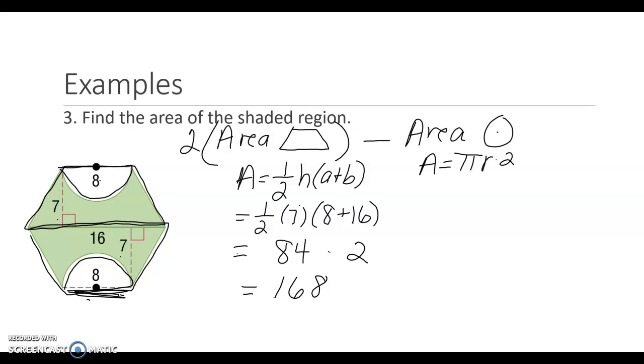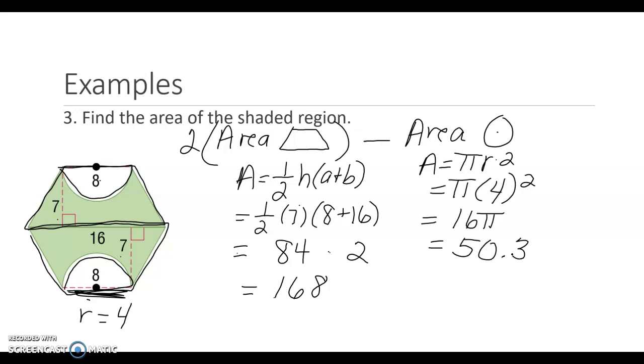8 again is representing the diameter, so the radius is going to be 4. So that's pi times 4 squared, which is 16 pi. Rounded to the nearest tenth, 16 pi is the same as 50.3 square units. And now I'm just going to subtract that. So 168 minus 50.3 gives me an overall area of